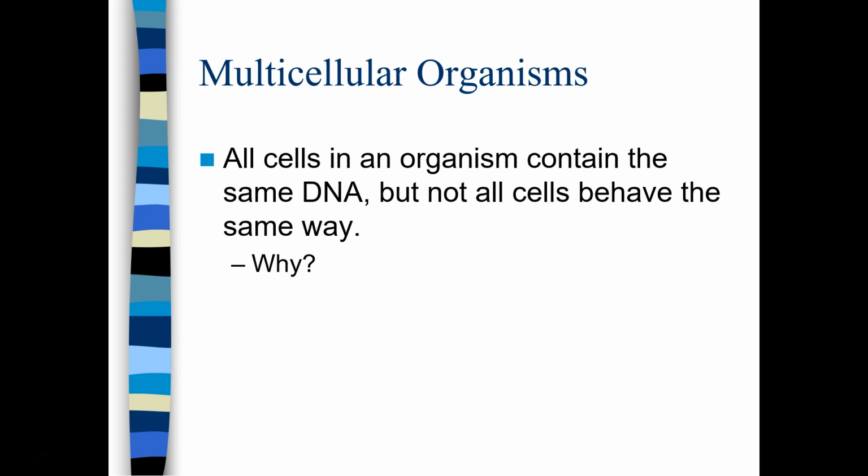So from that, we should immediately be able to see that DNA must not be the be-all and end-all, because we are not made up of entirely one kind of cell, right? We've got eye cells and leg cells, skin cells. What the hell? We've got neurons and kidney cells and liver cells and lung cells and epithelial cells and glands and all sorts of weird stuff in our body. We've got loads of different types of cells. But they're all reading from the same book, right? They all have the same genetic code. So DNA clearly can't be the be-all and end-all.